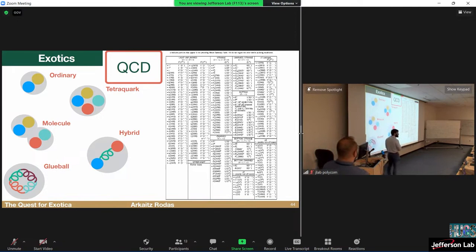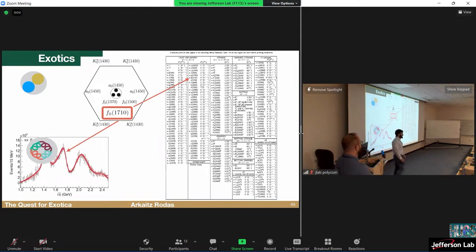We can have hybrids, and this is what a hybrid looks like in the valence picture: a quark, an antiquark, and a gluon in the middle. And then we can also have the beautiful glueball, which is an object made just of glue. Gluons can interact with themselves, so in the vacuum quantum numbers we can have these kinds of objects. And we do see states that resemble them experimentally. It's not that they are hidden. I promise you there is a state called the f0(1710).